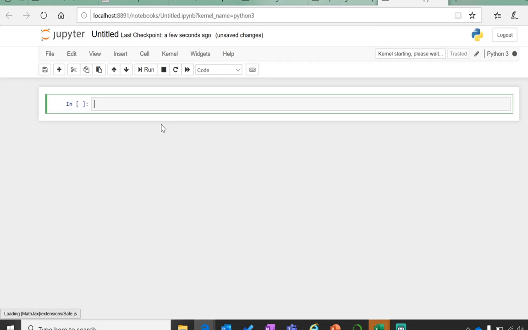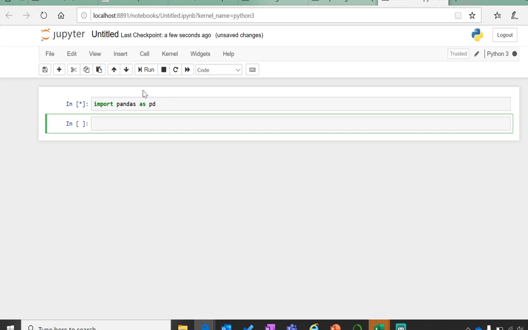And now we are in our new notebook, and we need to import Pandas, because Pandas is what is going to allow us to bring this data set into our notebook. So import pandas as the conventional name, pd, Shift Enter to run that cell. Now, once that asterisk goes away, Pandas will be uploaded into our notebook,